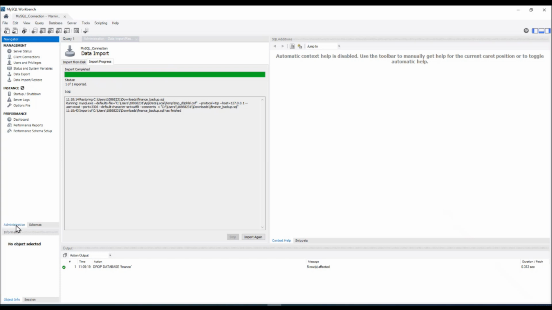For you, this is what you might be seeing. By default, it goes to your administration, but because I used it, it directly went to my schemas. But for you, this is how it might be present on your screen. So all you have to do is click on the schemas, and I know the data has been imported, but it is not being shown over here. Why? Because we need to refresh it. So once you go into the schema tab over here, click on this refresh button over here. And now that finance